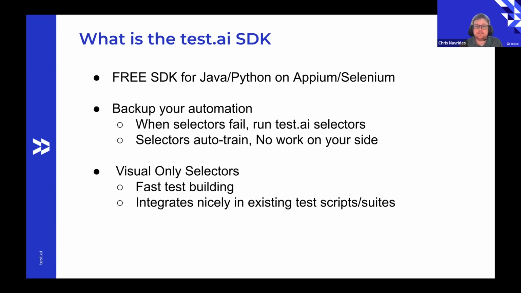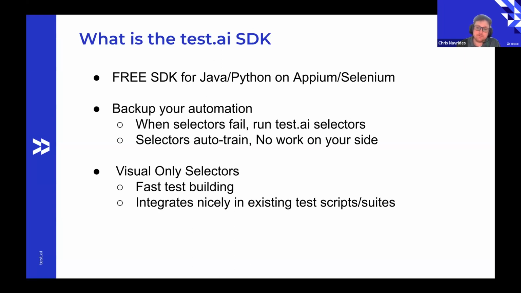That resource ID isn't there, what have you. So then it'll just back off and say, let's try Test AI. Could an end user see this? If yes, then it returns that element, and then the test can go on. There's no training required. It just ingests your test case automatically and builds those for you. So it's no cost to you, both in terms of time and money.